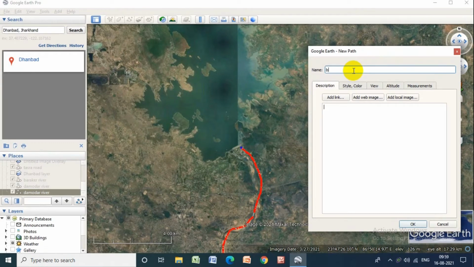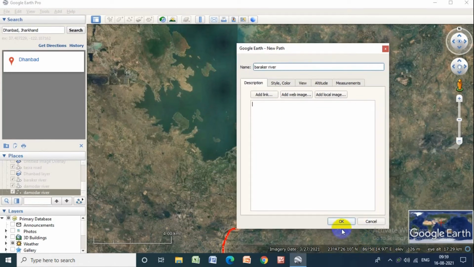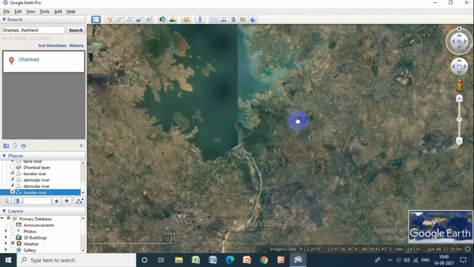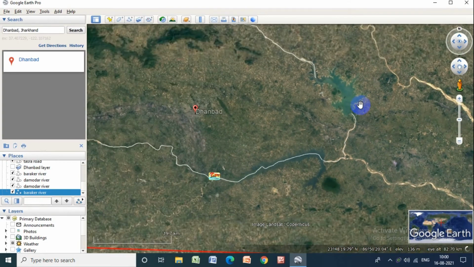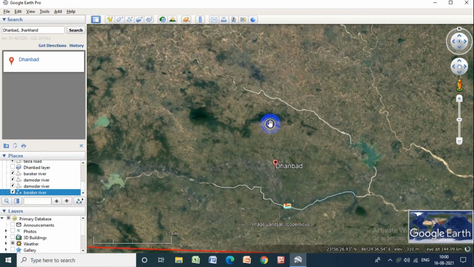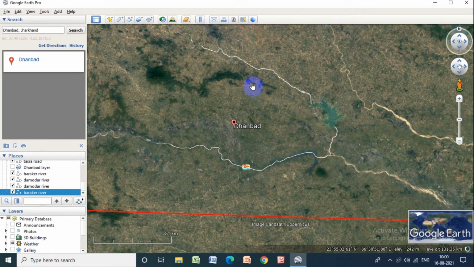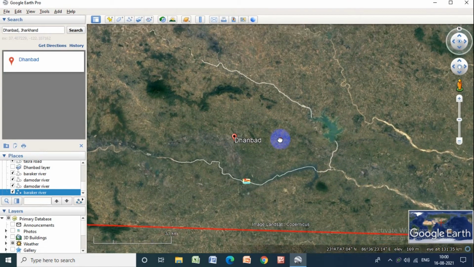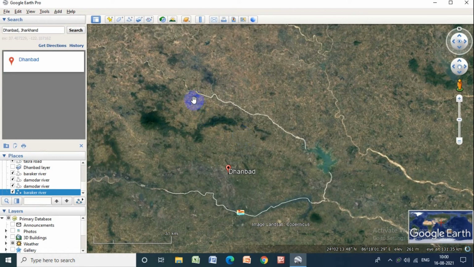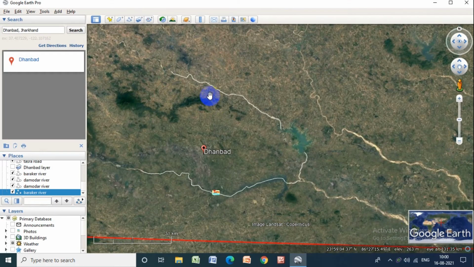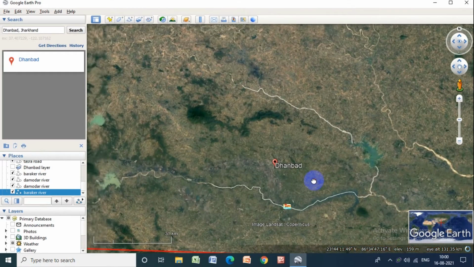Save it as Barakar River. Make OK. So we have two boundaries of Dhanbad district: the northern boundary is limited by the Barakar River and the southern boundary is limited by the Damodar River.